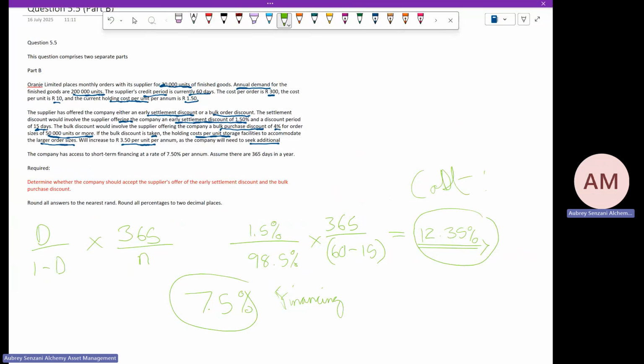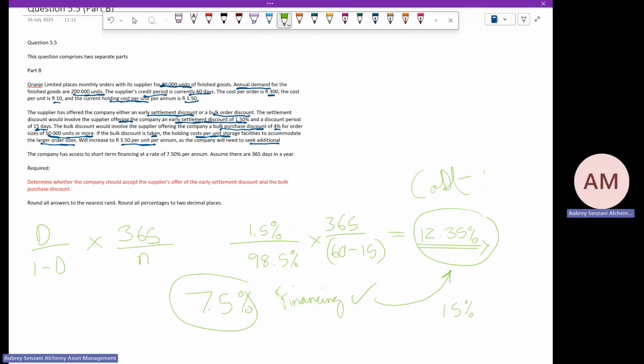What are they basically saying? Let's unpack. It's cheaper, isn't it? Yes, it's cheaper, so we are going to go and get this money from the bank, right? What are we going to do? There we go. And then we're going to get that money and settle early our inventory, because then we're going to take advantage of this discount on our goods. Can you see that? Because early settlement,